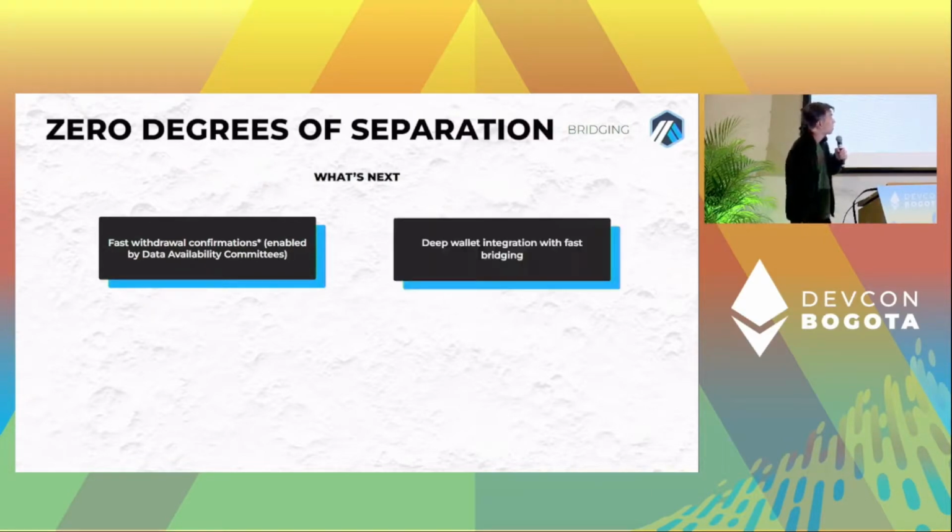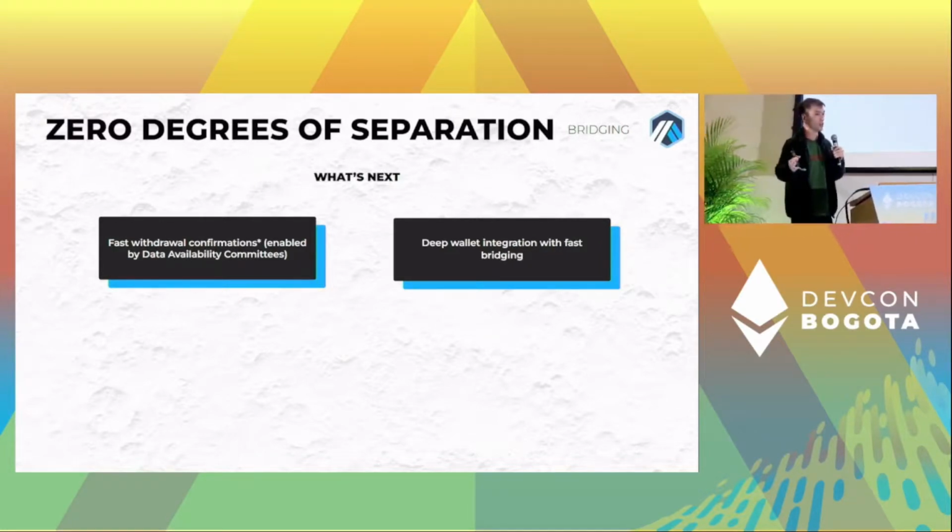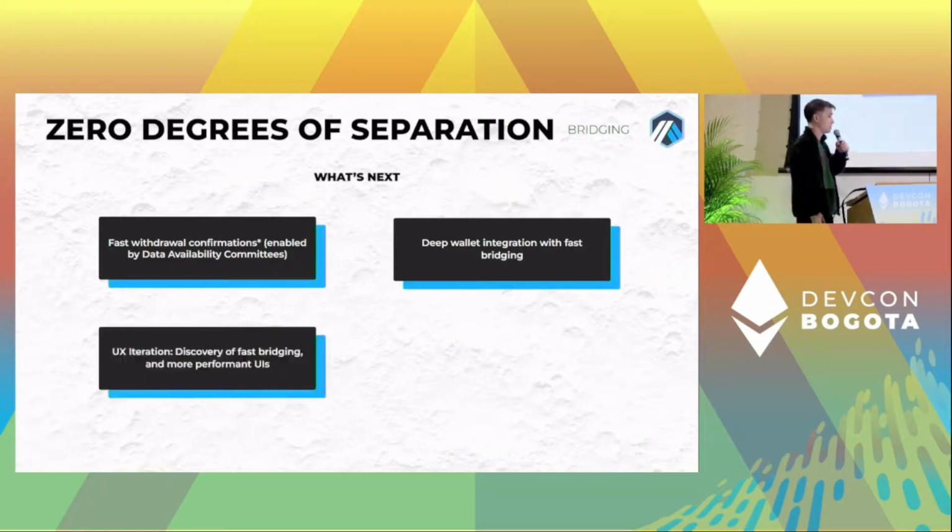Something that we'd like to see happen in the ecosystem is deep wallet integration with fast bridging. So when you're in a wallet, you have an asset, you can just use a fast bridge from within there. You don't have to go on the browser and sort through all these options and make trade-offs with your own independent research. You can have that be automated for you. Obviously, that's going to require community discussion. This is just something that goes without saying.